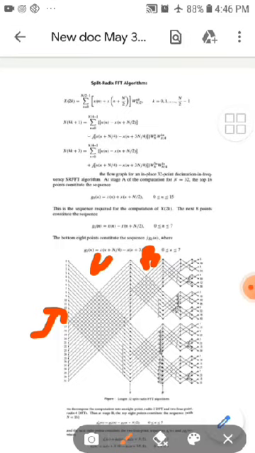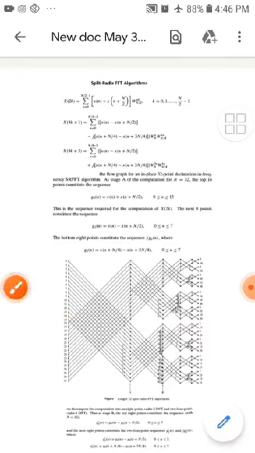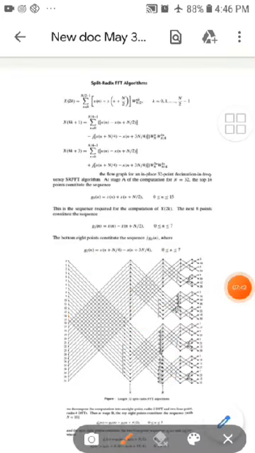The next 8 points from the bottom constitute the computation of the top computation, and this is the bottom computation. In the bottom computation